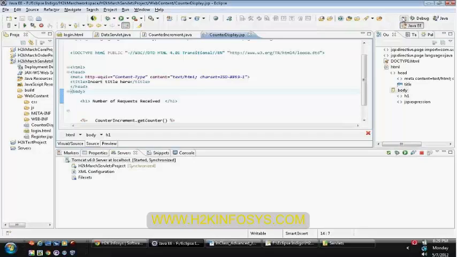Then the server will generate an ID, which is your session ID, and hand it over to the client during the first response.